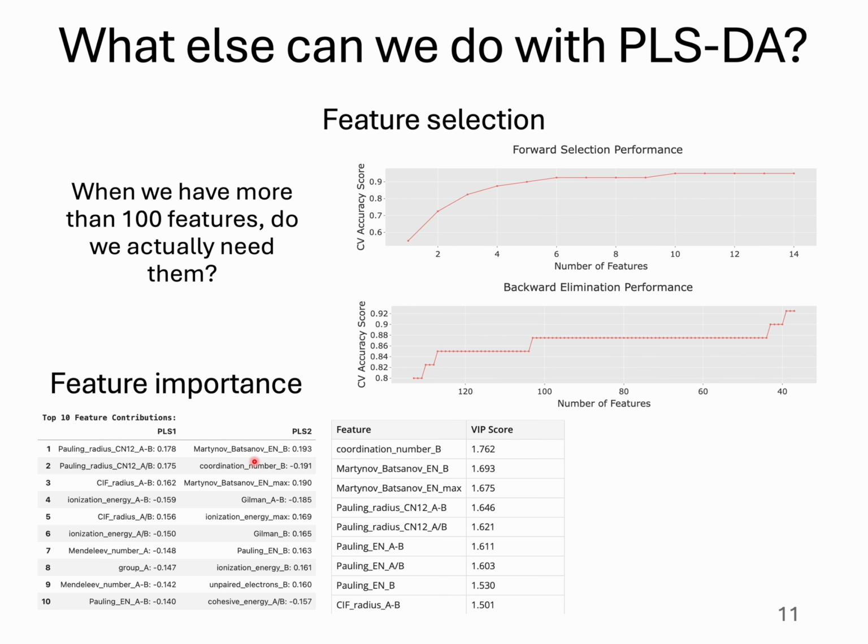Like here, for example, when we reduce to 2 dimensions, we can get the feature contribution to each dimension, or we can calculate the variable importance in projection scores and define what feature influenced our model the most